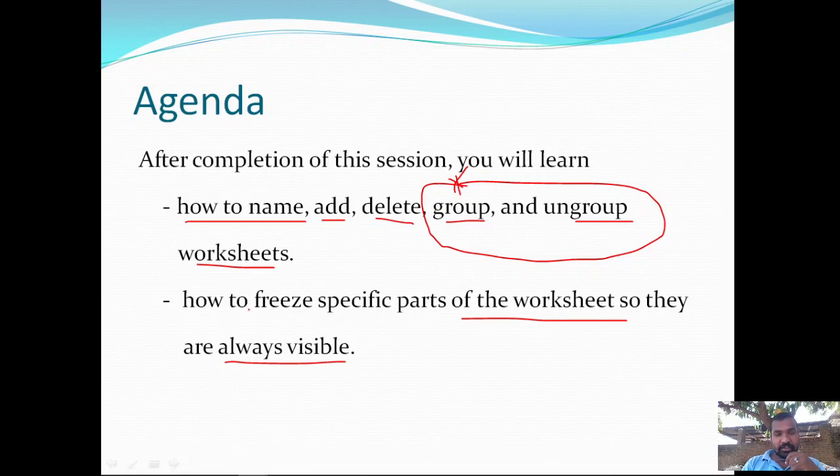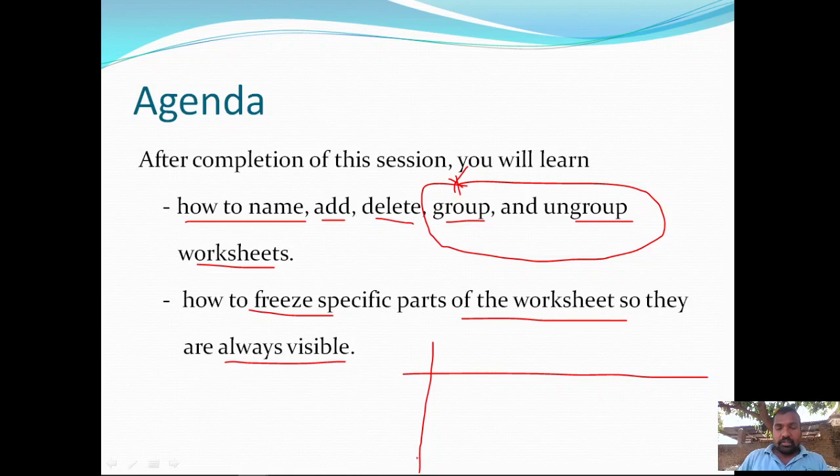It is a part of Microsoft Excel 2007. With this feature, we are going to freeze the headings, or sometimes headings of the rows, or labels of columns, so that those are fixed and they are visible even though you are navigating among the pages of the worksheet.